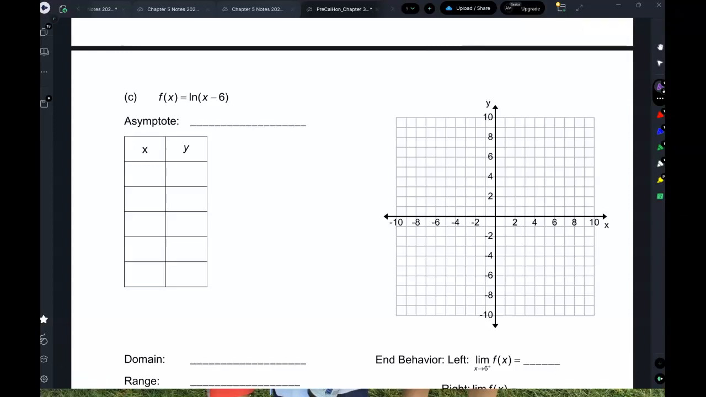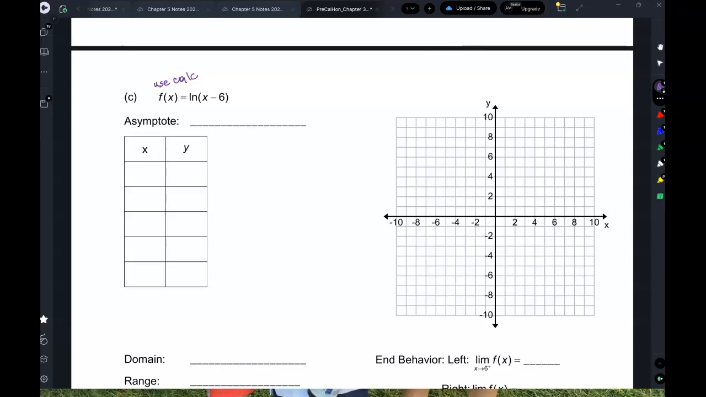I have a table here, but when it comes to ln, just like graphing the e's, these are going to be your calculator questions, right? So for ln, you can use a calculator. However,